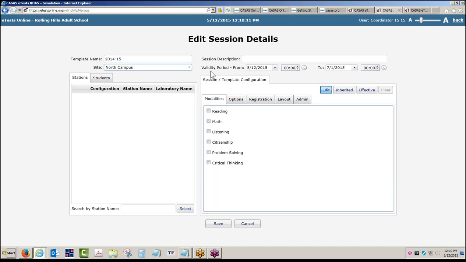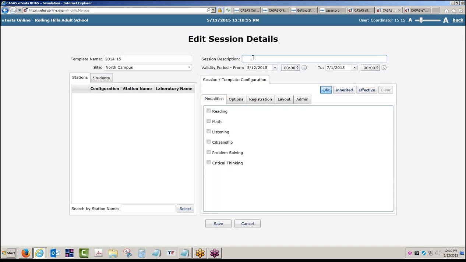Now, this baseline session is one of 3 intake sessions and will be one of the most used sessions. Intake sessions allow new student records to be added at time of testing and align with the recommended CASAS intake process for accurate test results